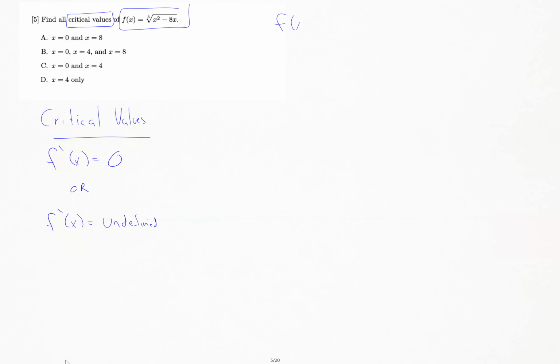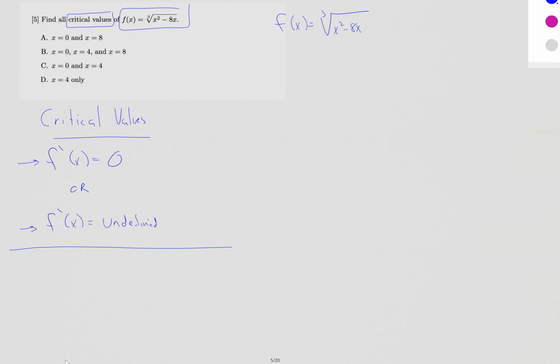So we've got f of x equals the cube root of x squared minus 8x. Well, if we're going to find where the derivative equals 0 or where the derivative is undefined, guess what? We're going to have to find the actual derivative. So when we look at our f of x right now, what we have to do is stop and address the situation and look to see if there are any algebraic rewrites